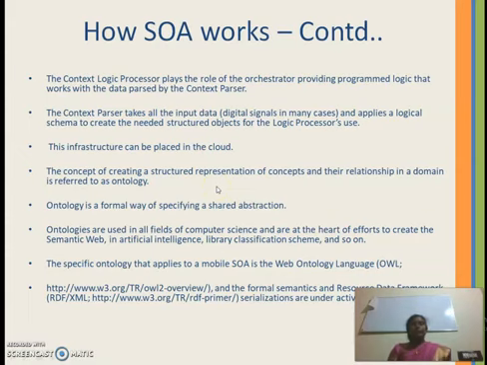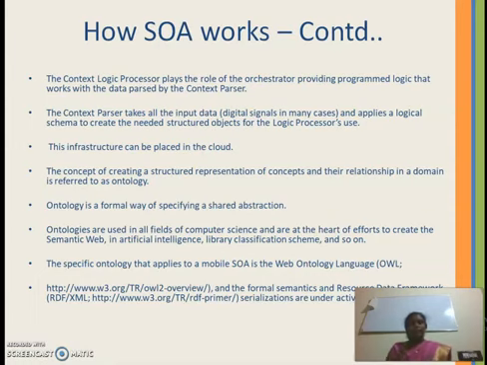The concept of creating a structured representation of the concepts and their relationships in a domain is referred to as ontology. So here you are going to represent each and every concept as a structured representation, and that is nothing but the ontology.